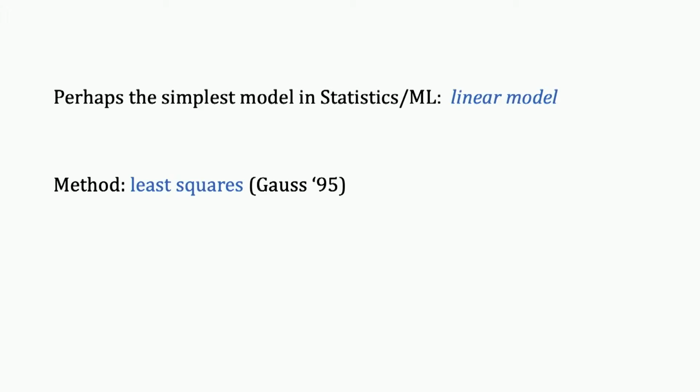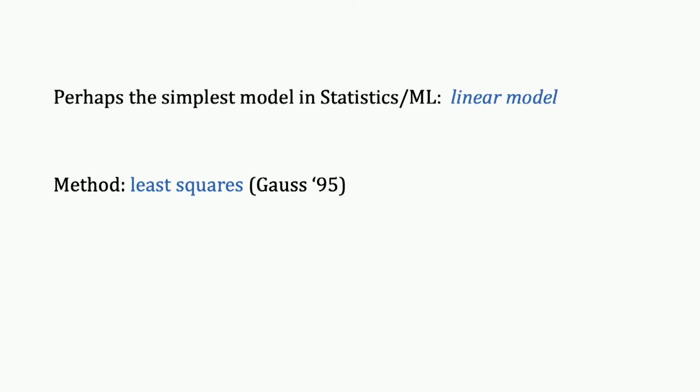If you come from statistics like me, or from machine learning, what is the simplest model? Of course, it's a linear model. That's the simplest possible model. You model the world as behaving in a linear way. And there's a very simple method, least squares, due to Gauss, 1795. Both computation and statistics are somehow easy in this problem. We teach this in mathematical statistics courses for about 5 lectures. There is enough juice to talk about this for 5 lectures, but then we move on to nonlinear models, and of course, things like neural networks are nonlinear.